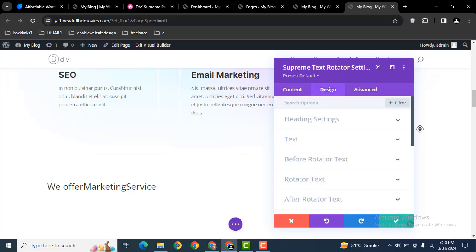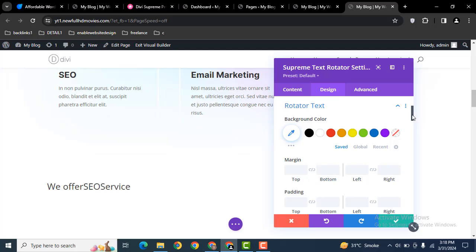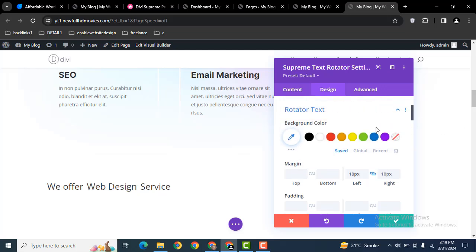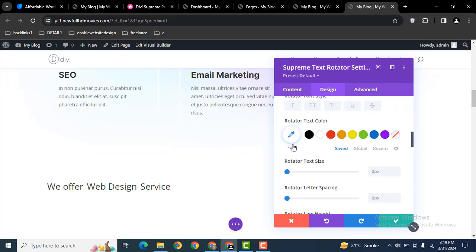Now let's go to design tab, then scroll down, click here, rotator text. Then here we can add some gap. For example, on the left side 10 and on the right side also 10. So now it looks good. Then here you can see various options. For example, we can change rotator text background color. Then also we can change the text color. So that's great. And also here you can increase or decrease text size,